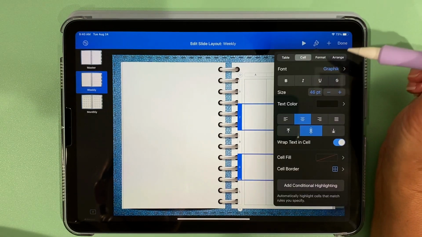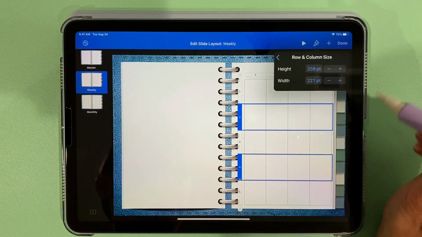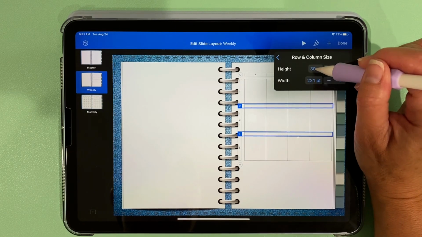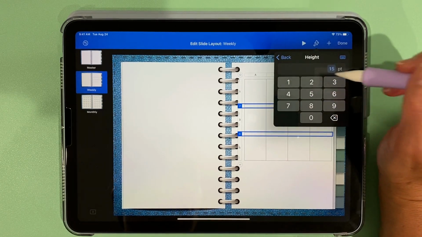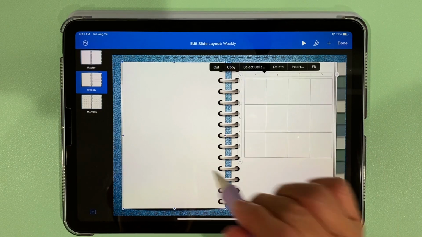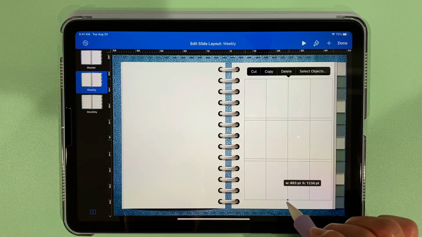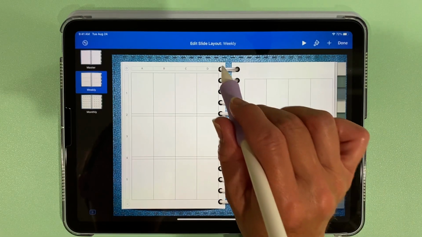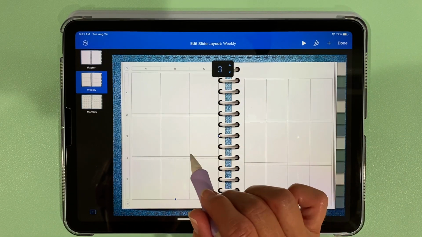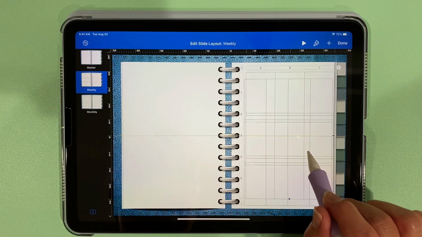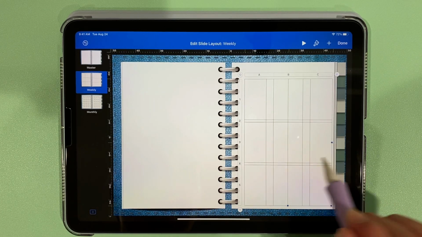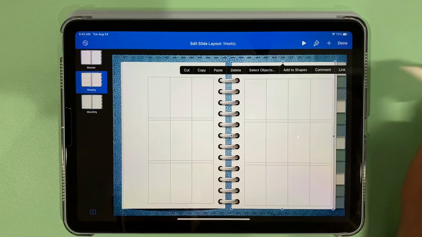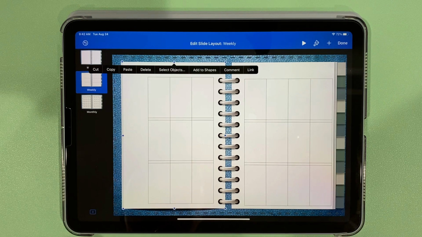Then I'm going to come to here and table. We're going to go to row and column size, and we want the height to be smaller. So I'm going to put 30. Actually, I want it to be even smaller. I'm going to say 15. Now when I come back over here, I'm going to stretch it out. That's about what I want it to look like. Now I'm going to copy and paste it, but I only want 3 columns because there's only 7 days in the week. And then I'm going to come over here and line this up, drag this over until they line up, and then bring this back over here. All right, so we have 7 columns, 1 for each day of the week,